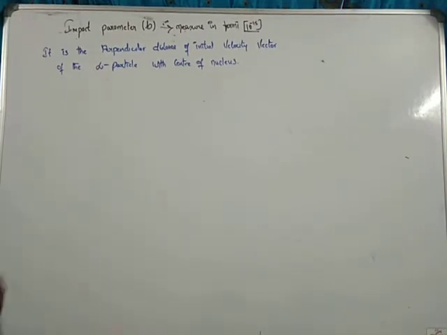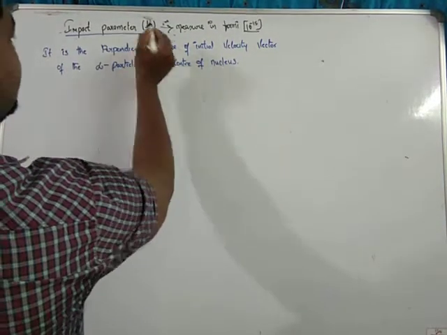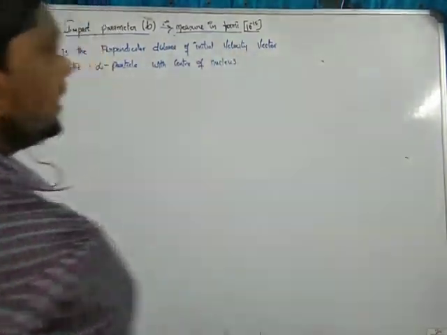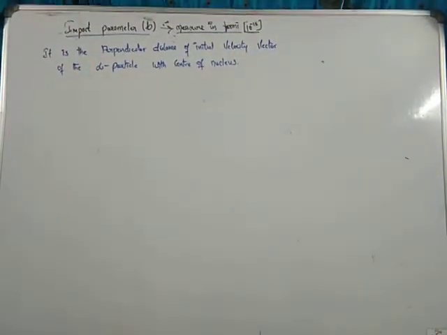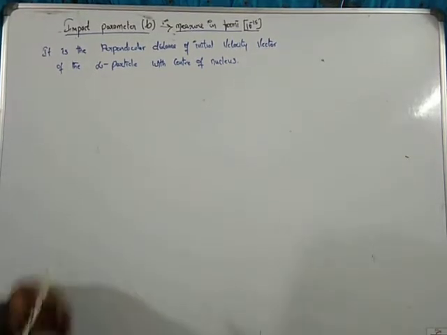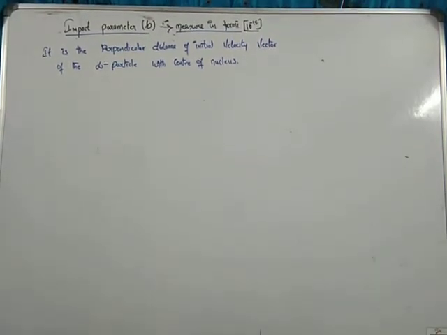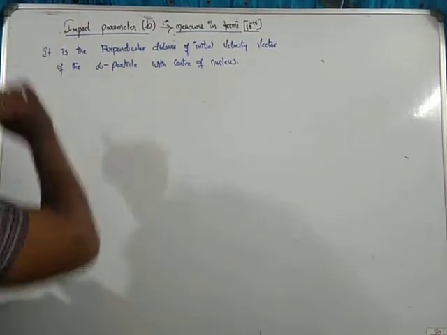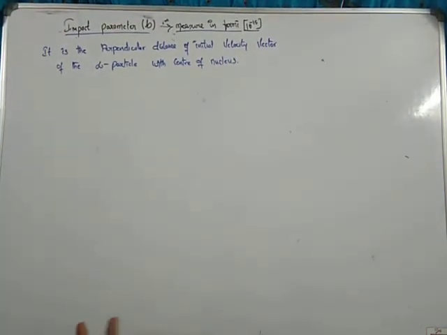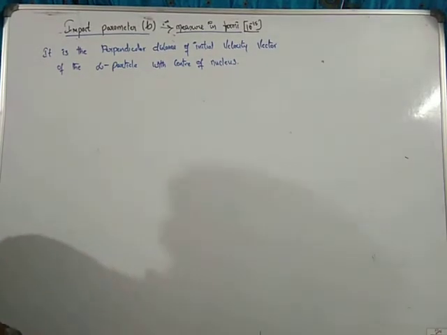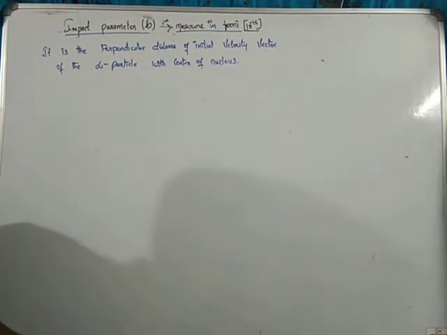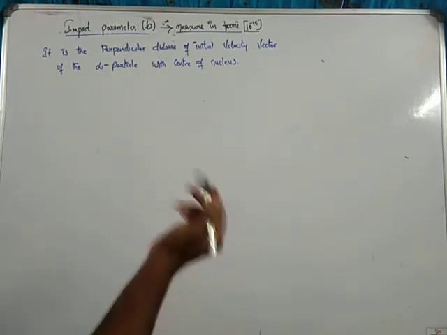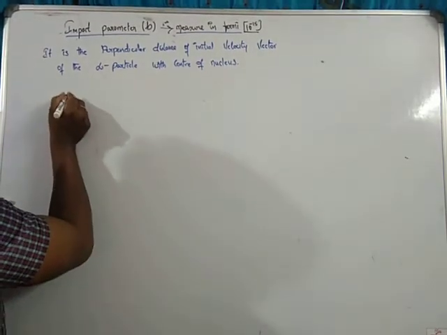So next topic, impact parameter, which is denoted with small b, measured in Fermi level, that's 10 to the power of minus 50. To define the impact parameter, note that it is not there in your syllabus, and this will be useful for your MSET or competitive exams.